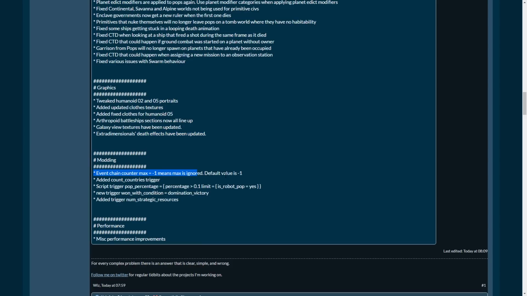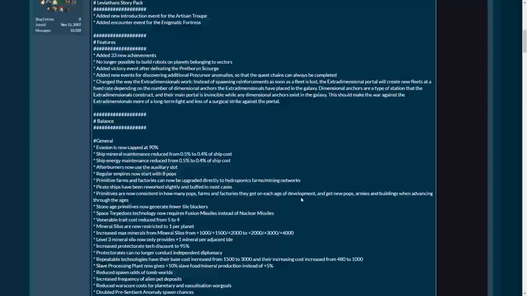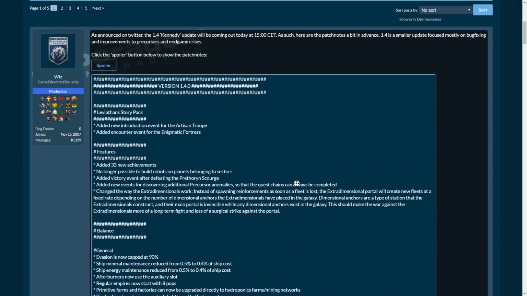Modding, event chain counter, added count countries little trigger. Interesting. Okay, that's a cool little trigger. Add new trigger, one with condition domination. Added number strategy. So a bunch of new triggers for the game. But yeah,